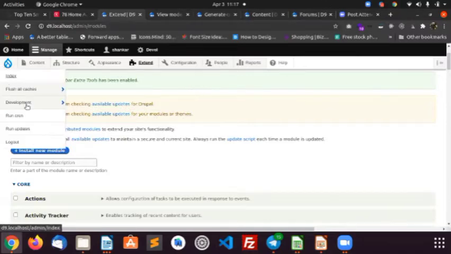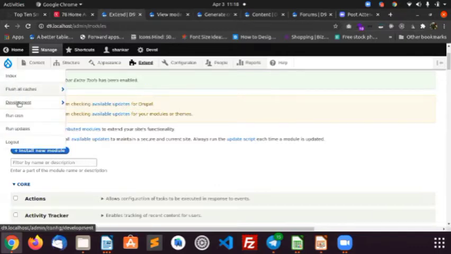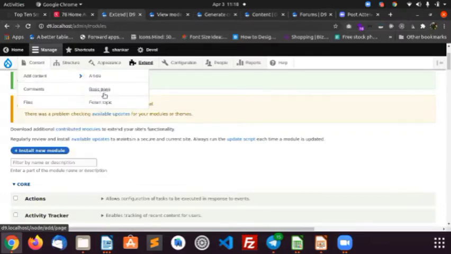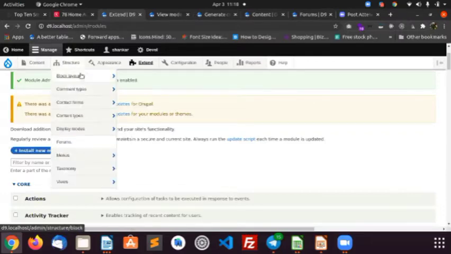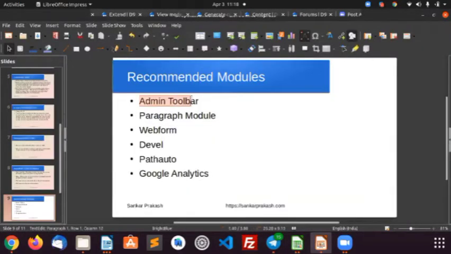So this is the admin interface. If anyone installs the admin toolbar, you can see this kind of interface. When you mouse over, you get the drop-down. So you can navigate very easily. For that purpose, I talked about this module, admin toolbar. Okay, the paragraphs module is used to generate a layout.